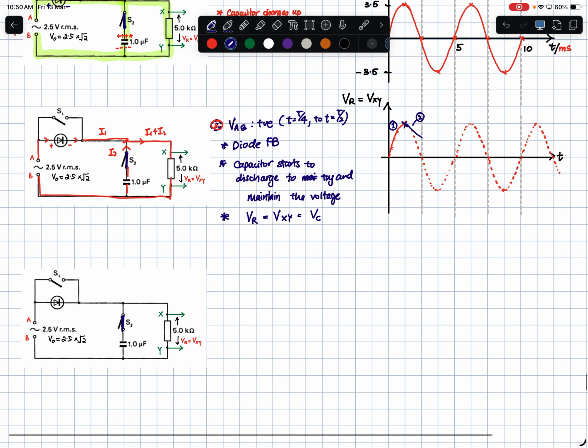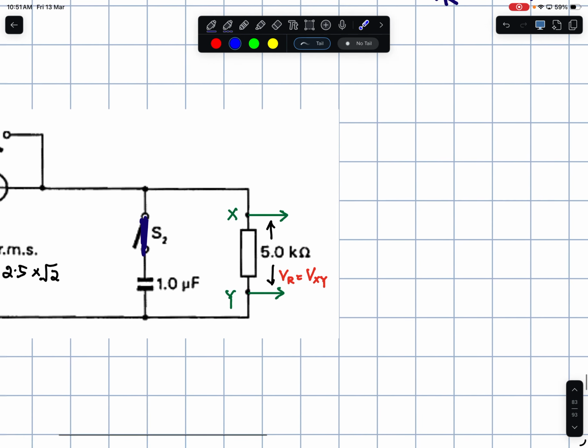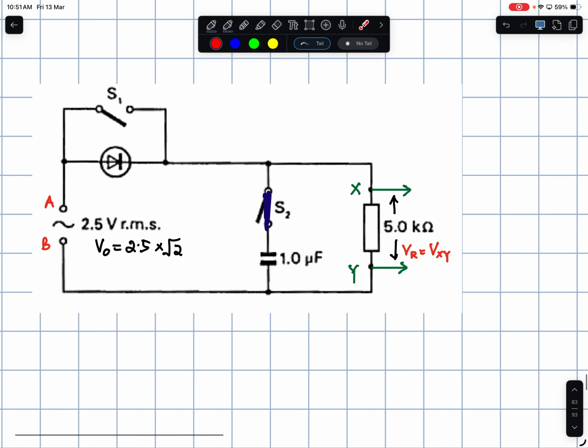Now we have the fun part, because the next part of the cycle is the negative part. So we are focusing now on this part of the cycle, the negative part. Alright, this one is very easy. So if I redraw the circuit, negative part, this is negative with respect to this guy. So it's functioning like a battery that's like that. And if I trace, this is positive, this is negative. And if I trace the current,